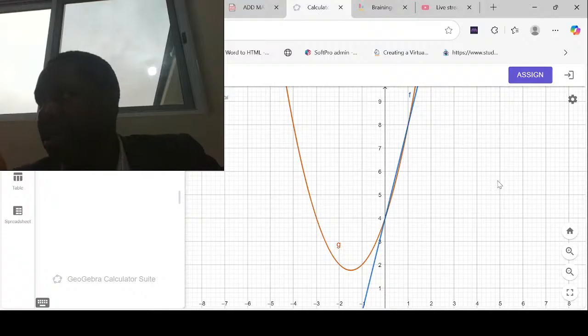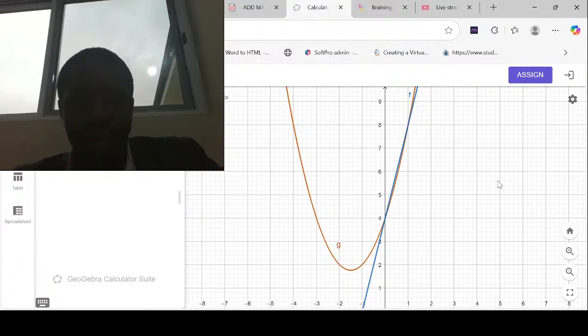So maybe I'll give you an assignment to go and find out the other thing. Because see here now, it meets here, right? 4. Okay, this one is at 0. Wait, let's see. Okay, those are the two values of x. You know, we solved for m, right? m is just one value,